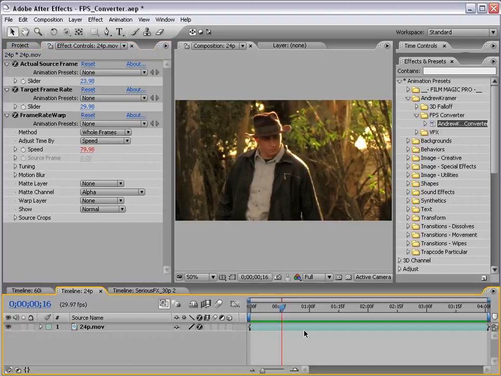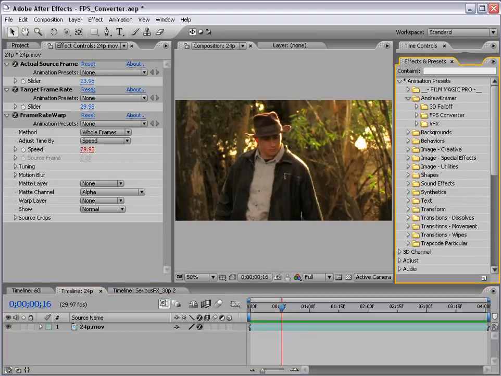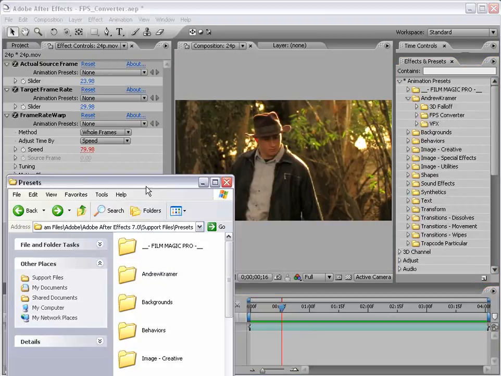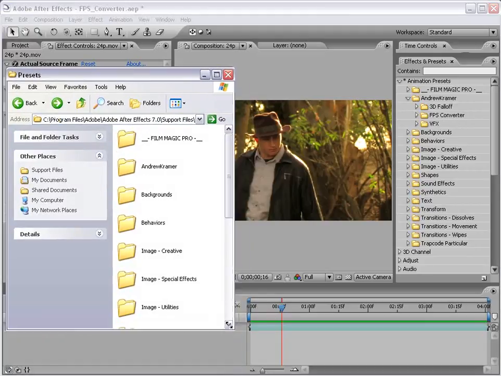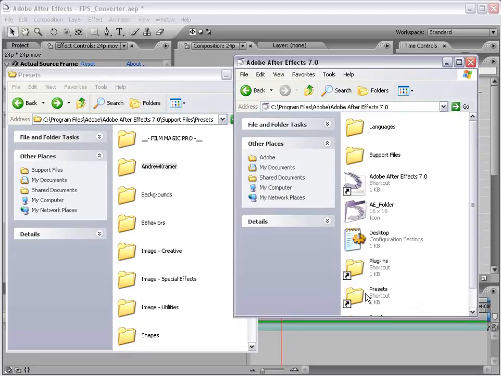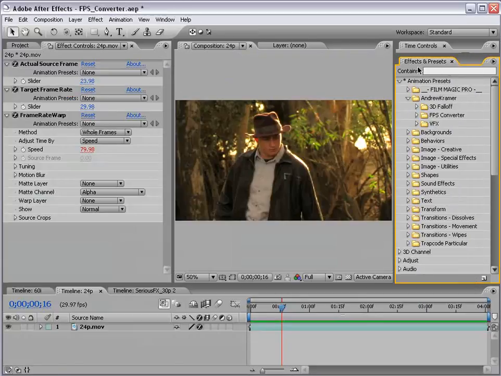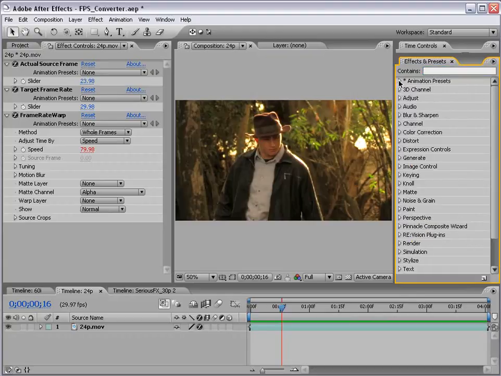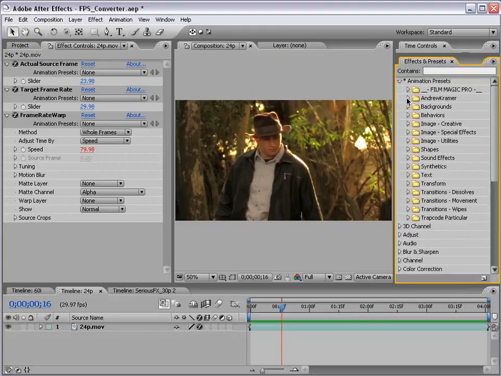Now, you're probably asking yourself, okay, now where do I get this fancy frame rate converter? Well, you can actually download it from the website, and it comes as an FX preset. And you just take that folder, drop it into the presets folder in your After Effects directory, and it will populate in your effects and preset list. So not to worry. Now, some of you out there are probably thinking to yourself, I may not be an